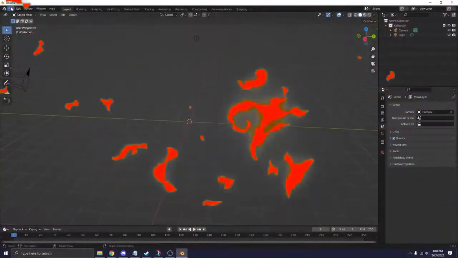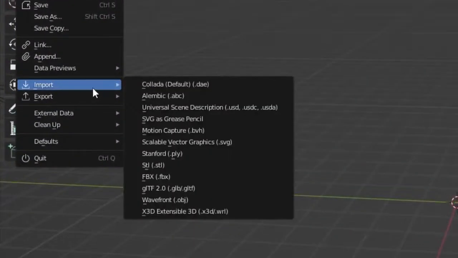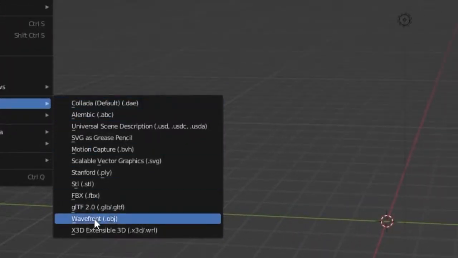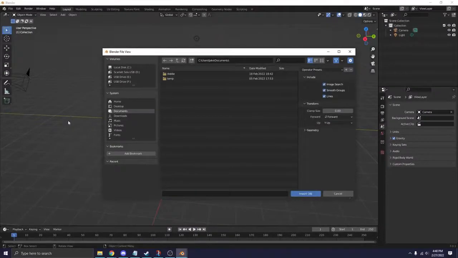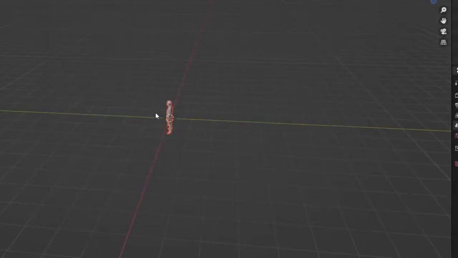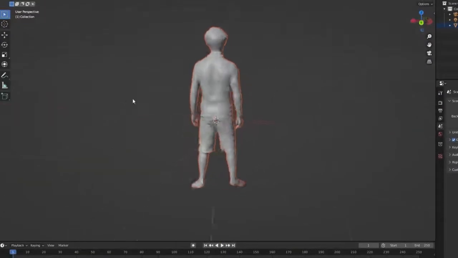So now we're going to head over to the File tab. We're going to click File, and we're going to click Import, and then we're going to go to the .obj, so the Wavefront, and we are going to grab our file that we just downloaded. So we're going to go here, and then we're going to grab this one. Double click, and as we can see by zooming in, we've got a nice model of our brand new person,